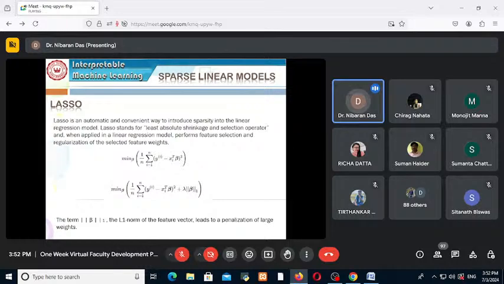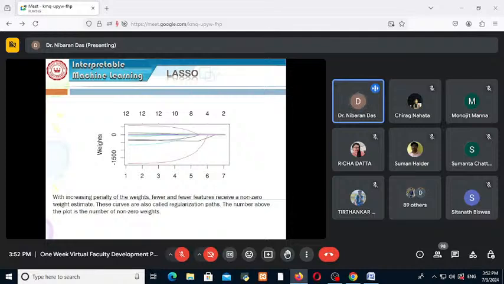Now here we are using a term, lambda times the norm of beta 1. This is the lasso terminology used as a penalty function. The term is the L1 norm of the feature weight vector, which gives a penalization of large weights. So if your lambda is large, large weights are penalized. With increasing penalty on the weights, fewer and fewer features receive non-zero weight estimates. If you notice, this is